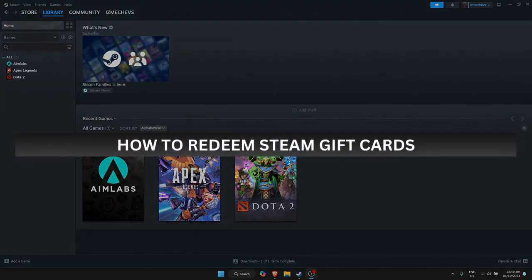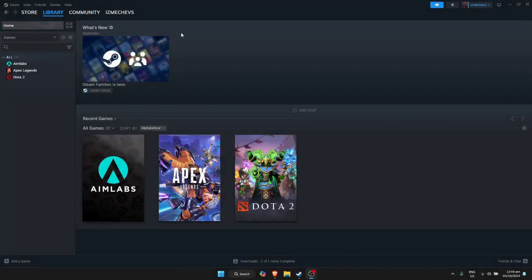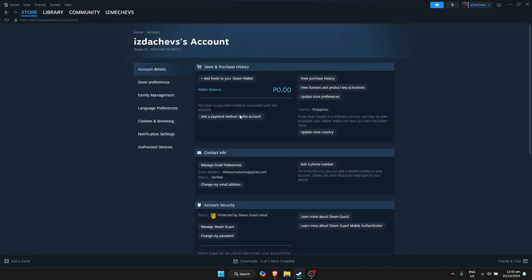How to redeem Steam gift card. So first, just simply open up your Steam, and once you're there, just click on your profile on the top right here. Then click on account details, just like so, and it will bring you to this page. And once you are on this page, you just simply need to click on add funds to your Steam wallet